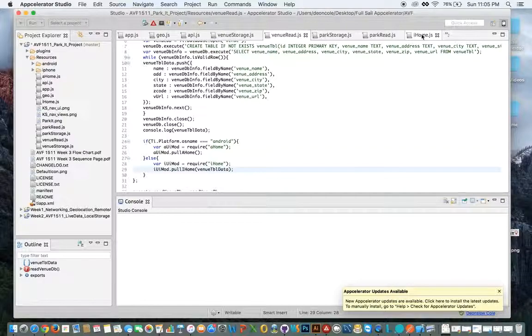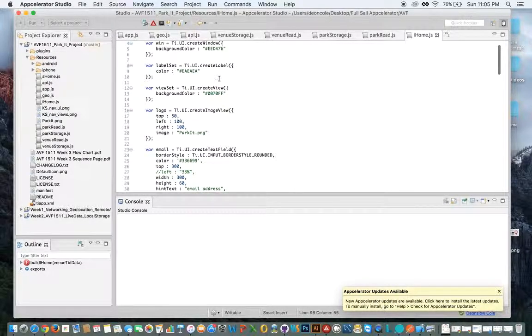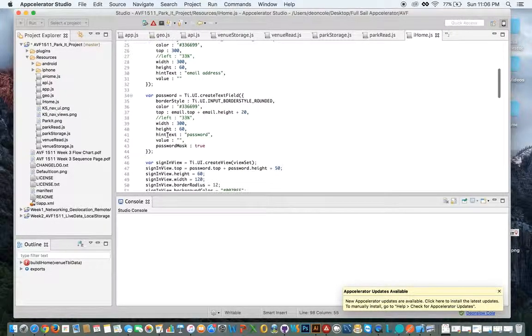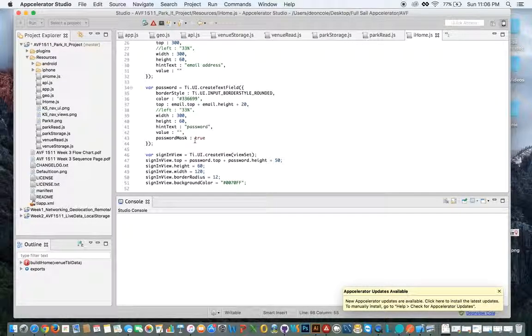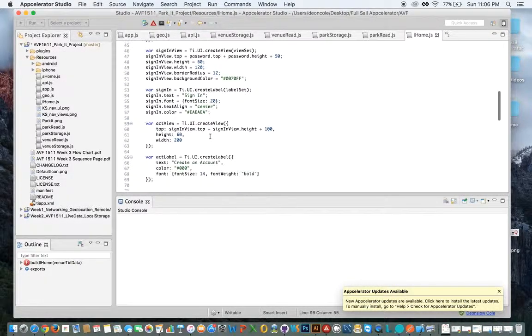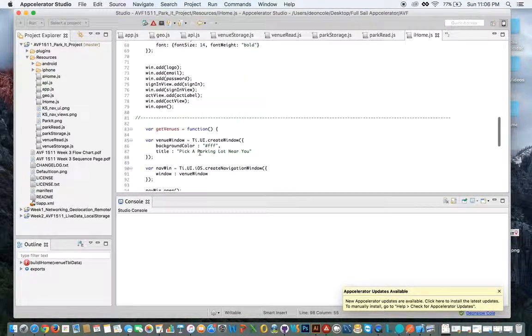So I built out my iOS home page, and you can see where we go in, we create the window, we have a label set and a view set so that we can pass those into it, and we have our text field for the email address for the user to sign in, text field for the password, and make sure we mask it so it's true. Anybody who's looking over their shoulder won't be able to steal their password. And we create our sign-in view and our sign-in label, and then the account view and account label, so that way, if they want to, we can create an account and go from there, add it all to the window,